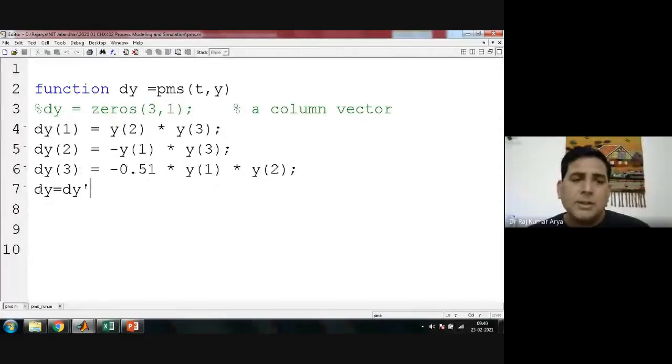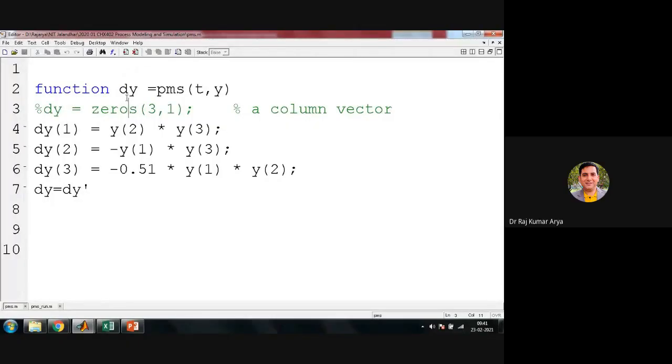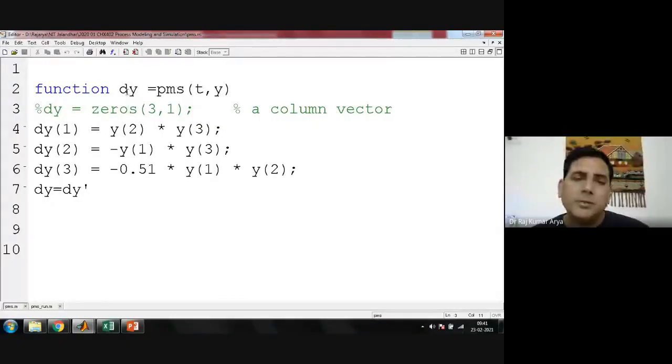Now this is known as the function file, so you have to define this with a function command, and this name is totally yours. You will define this name. Your equation was for y, so you define for y. Sometimes you may have du upon dt if you want to solve for velocity. So if you want to write du upon dt in terms of y also, you can write it. Or for ease of understanding, you can write it here as du, okay? But d is a must here. So that way you will define it.